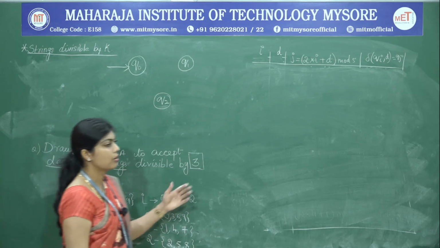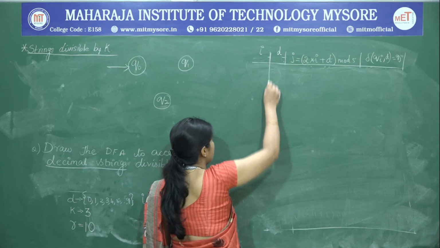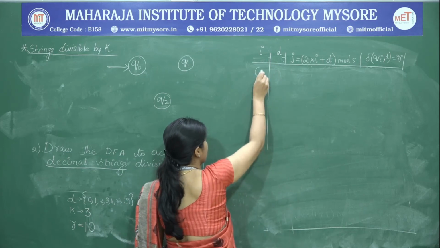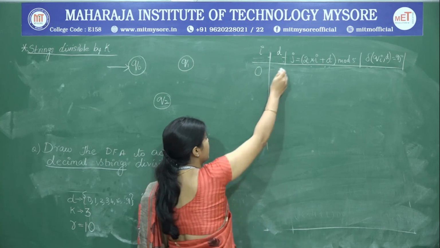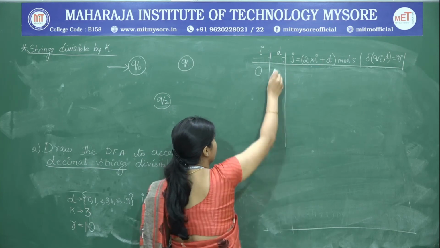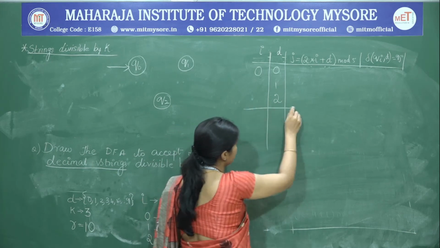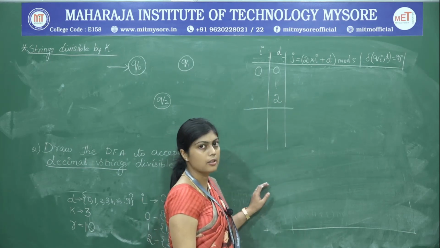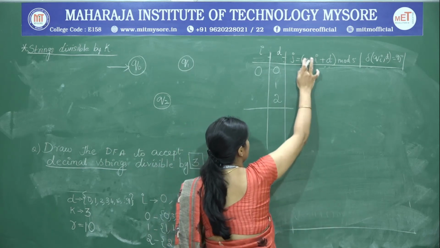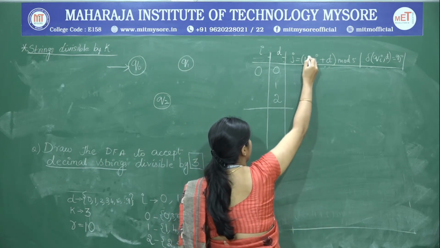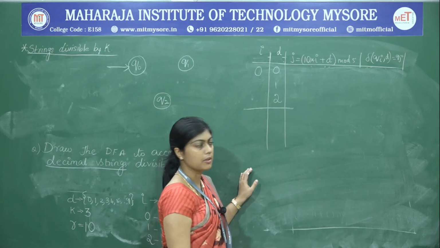So, now we are going to frame the different transitions for the 3 states. First of all we have the value of i. This is going to be 0 for the first time, 1 and 2. d is nothing but 0, 1 and 2, because we are finding out the transitions only for the 3 different classes and not individually. So we have to find out the value of j. Here the base 10 is considered for this problem because they are decimal numbers.